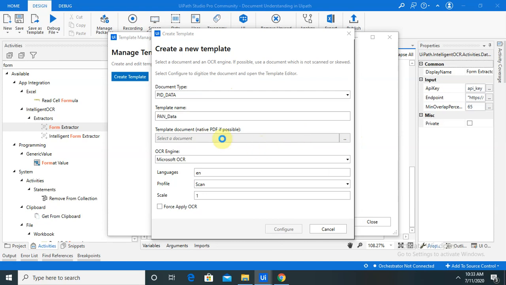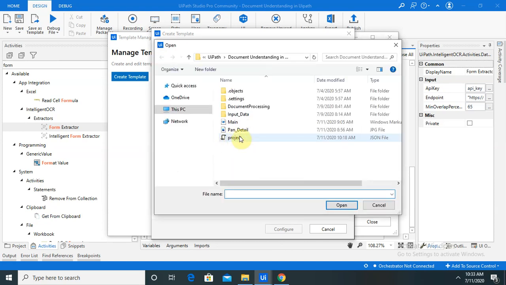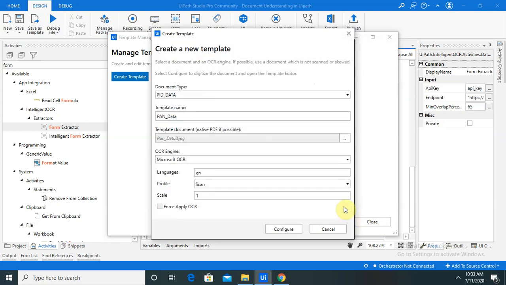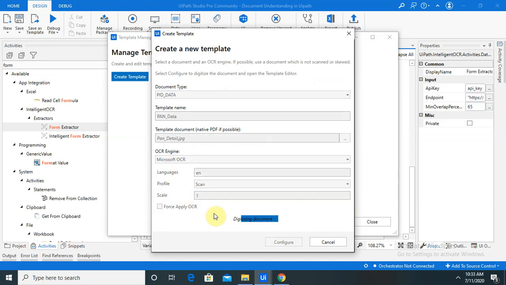Here let me select the pan page, it's a JPG file, and for the rest I don't want to configure anything, keep all the things as they are. Click on configure. It will take some time for creating the template.